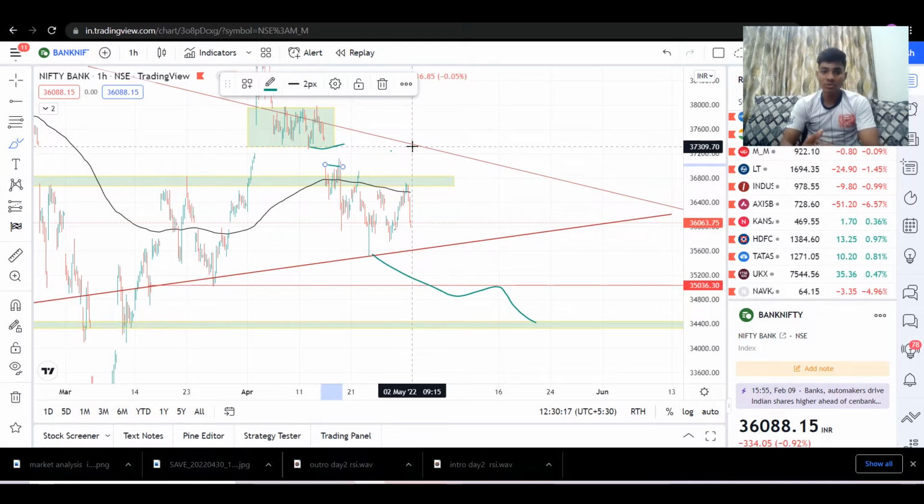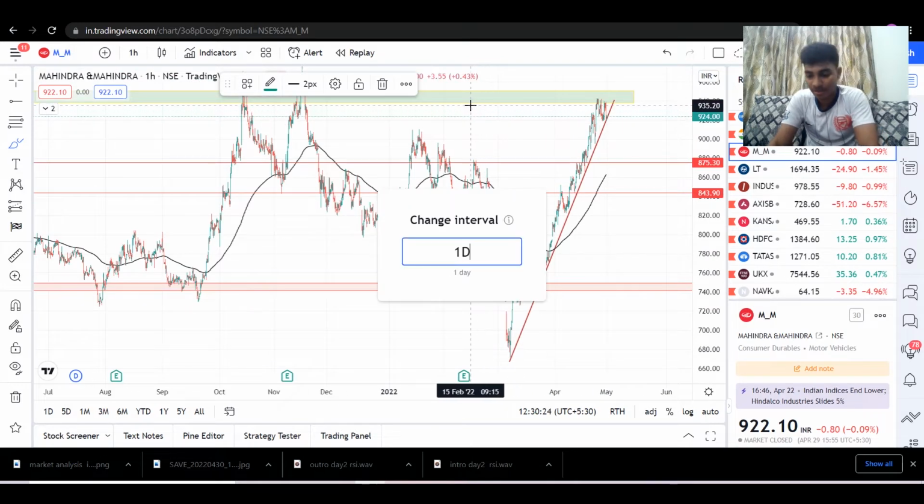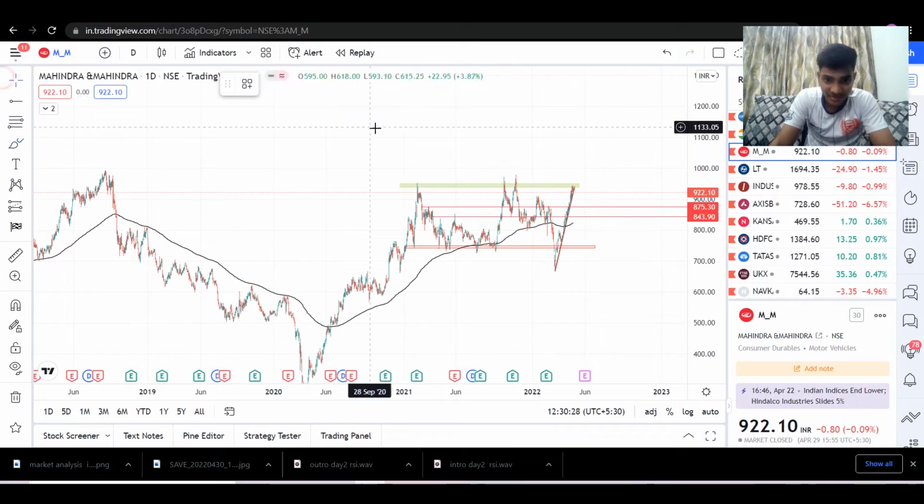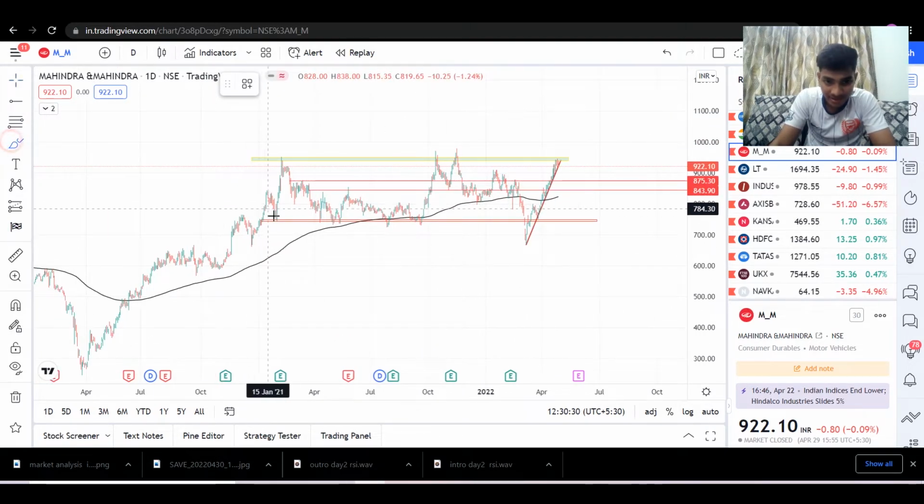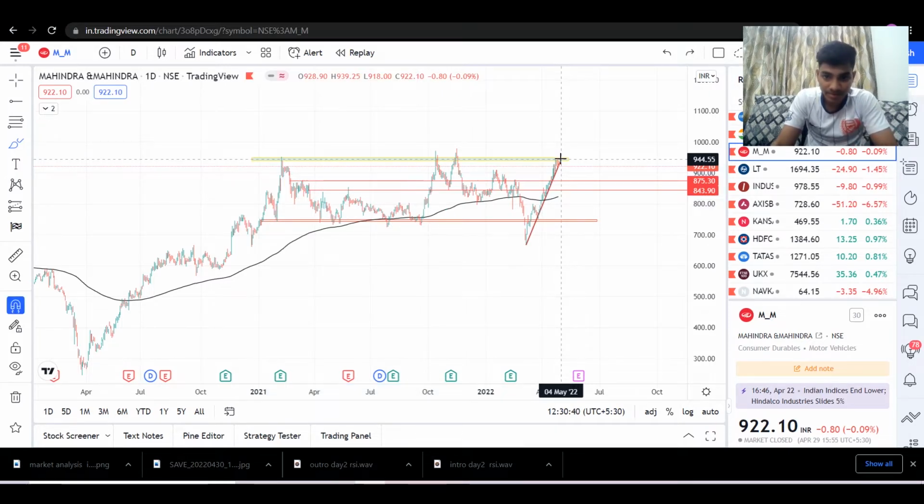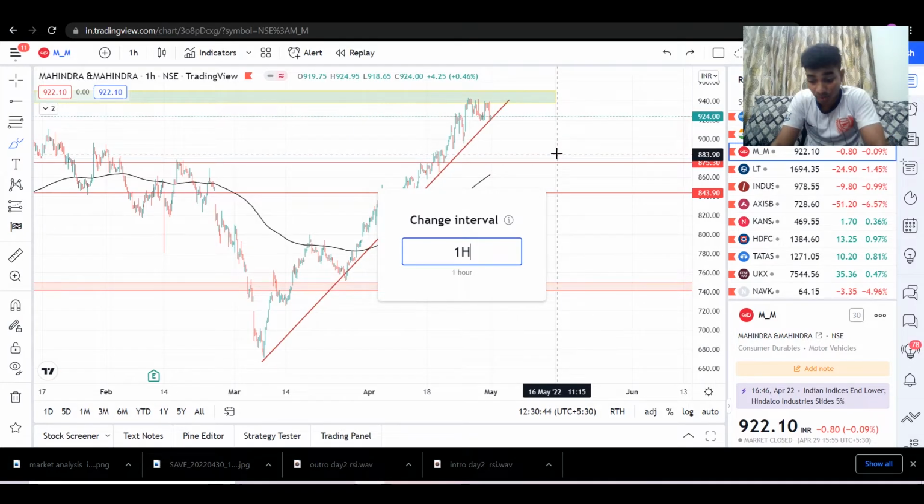Fine. Now going to the stocks, the first stock which I'm going to show you all is Mahindra and Mahindra. Now if you see Mahindra and Mahindra price action, this is in a daily time frame. You can see that Mahindra and Mahindra is actually consolidating in this particular range. Recently it had taken a resistance from exactly the top point. It is around 944,